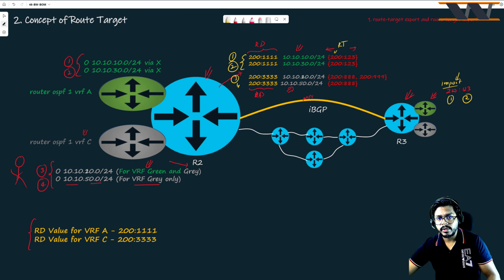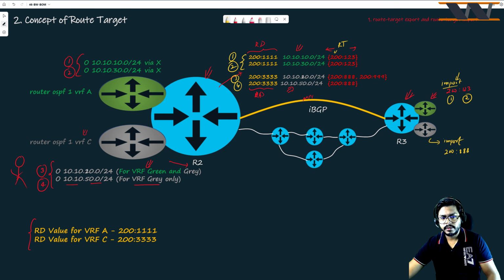This is my route number 3 and route number 4, and here is where all the magic happens, right? What Mr. Prashant is saying is that the 10.10.50.0 route should be available to the gray VRF, and that is why I am writing import 200:, because we want only the 10.10.50.0 route. It should be here only, right? So I will be writing here import 200:888,